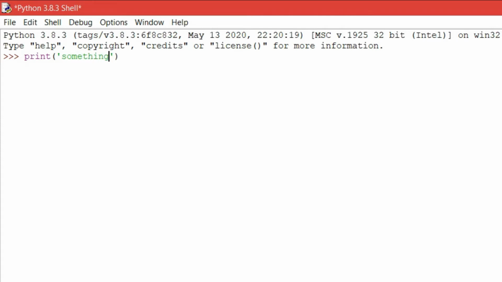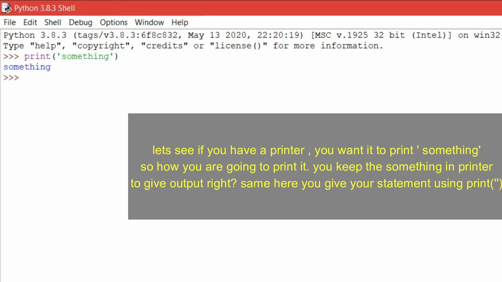Let me run it and then I'll explain what exactly it is. So you see something has come. Assume that you have a printer in your home and you want to print something in that. So you keep the something and the something comes out. In the same way, we keep something in the printer and the printer gives the something again.